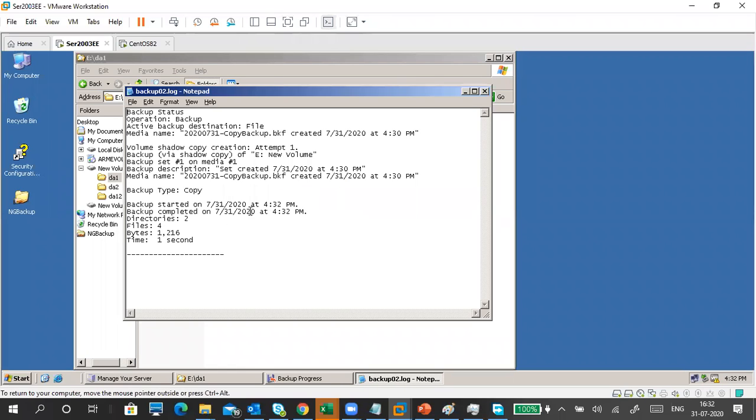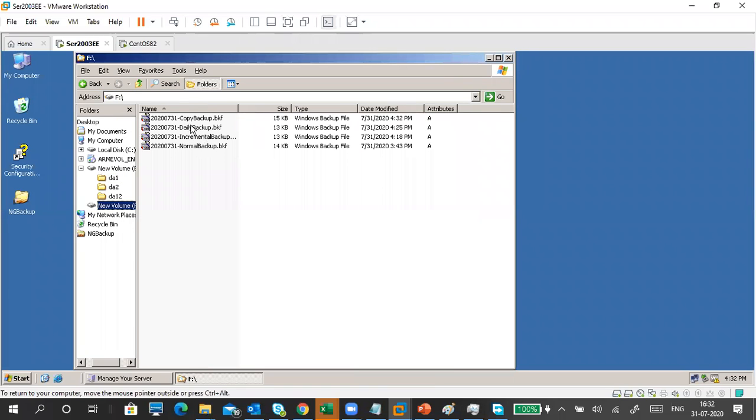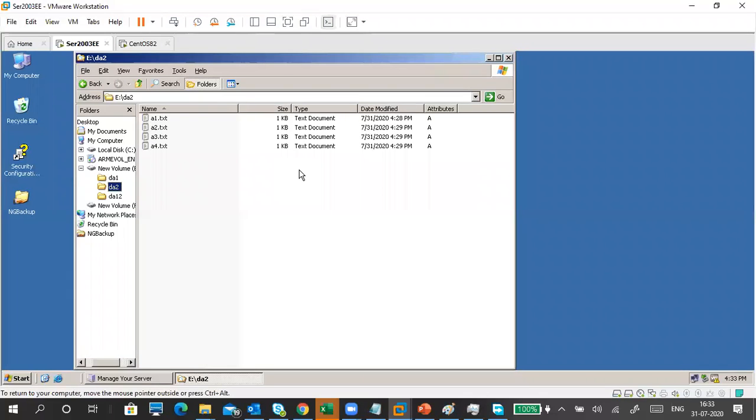This is the completed report. Okay, 4 files, and it is copy backup. Close. Backup is done. Yeah, the backup is done. And can you see backup done? But can you see attributes are still like that only. If I refresh also, attributes are like that only. Attributes are not changing. If you take a normal backup of this one, the attributes will be gone.